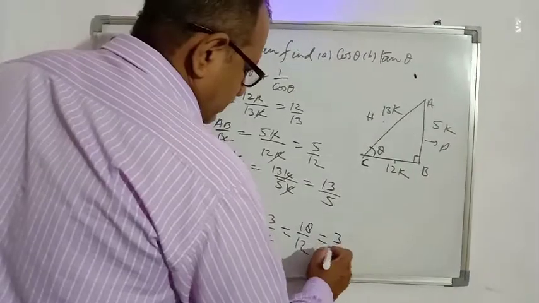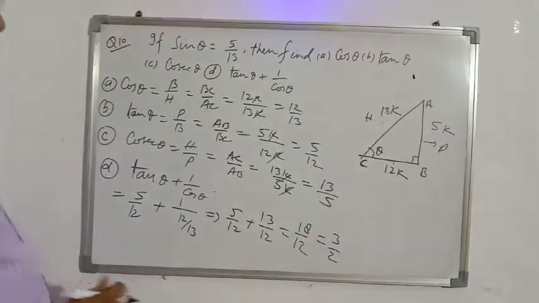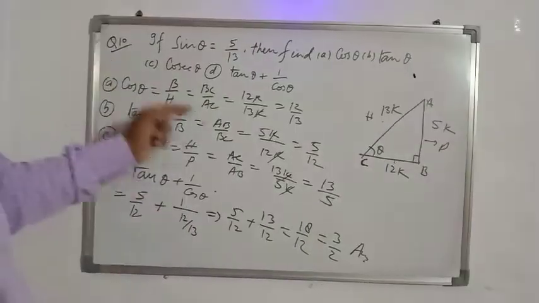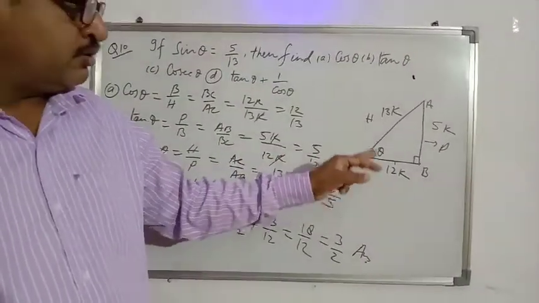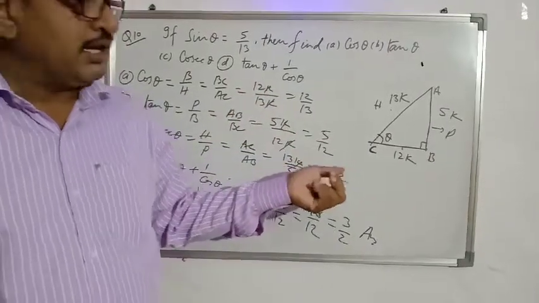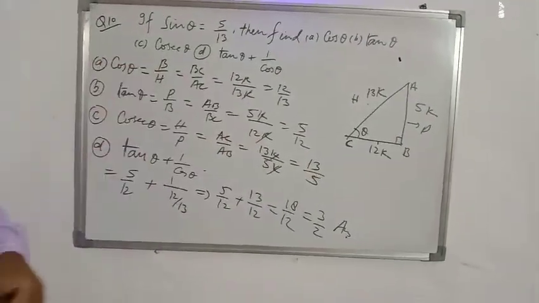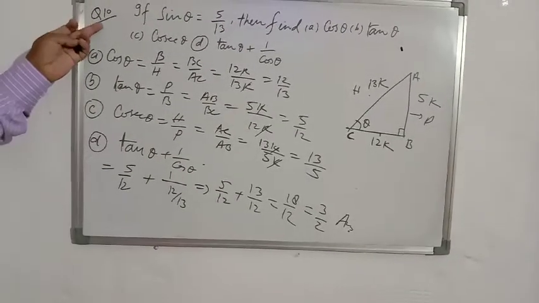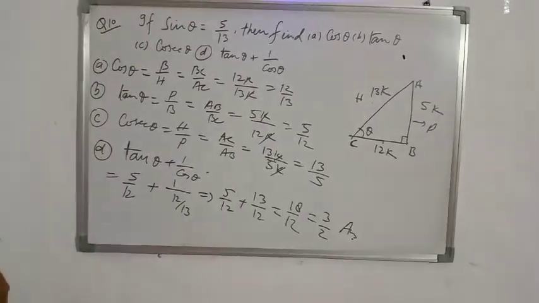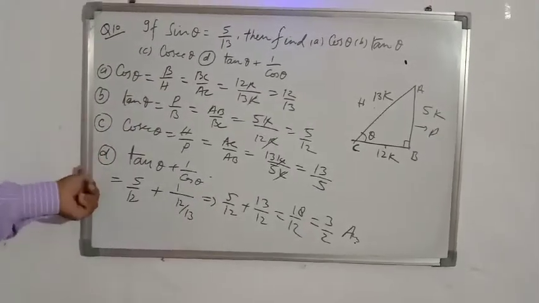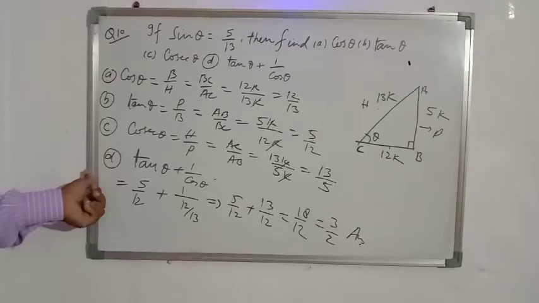6 3 by 18, 6 2 by 12, 3 by 2. So in every question we will make a right angle triangle. Two sides are given. Using Pythagoras theorem, find the third side, and after that you can write any trigonometrical ratios. So I have taken one example, question number 10 from the exercise. Remaining questions you can do yourself. I will discuss one more example.